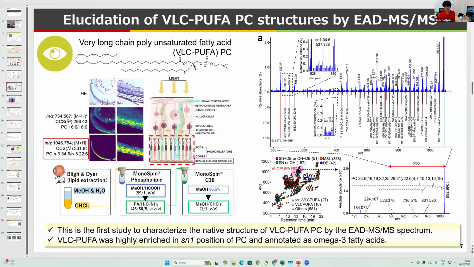So for example, EAD MS/MS has lower sensitivity than, for example, collision-induced dissociation. So that's why we have to enrich lipids first. But anyway, by using EAD with the MS-DIAL program, we could annotate, for example, that this very long chain polyunsaturated fatty acid was highly enriched in the SN1 position of the phosphatidylcholine glycerol moiety and annotated as omega-3